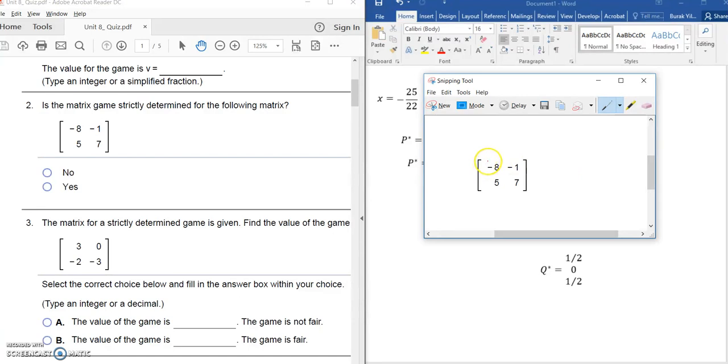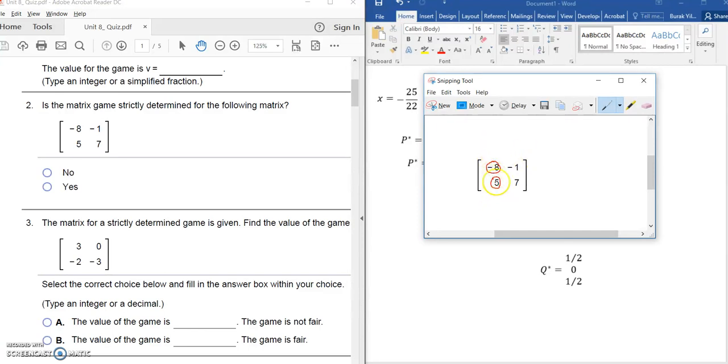So to find the saddle point, what you need to do is, in each row, you circle the minimum value entry. So in row 1, you got -8, -1. Obviously, -8 is smaller than -1, so that's the minimum. In row 2, 5 and 7, 5 is the smallest, the minimum value in row 2. And then you look at the columns, and in each column, you put a square box